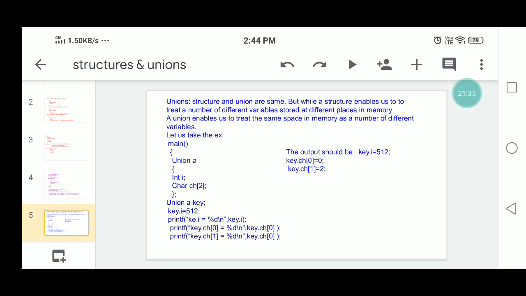Mostly we use structures, sometimes we use unions. So that you don't waste space in memory, we use union. But generally we use structures. Structure allocates separate memory locations for its data members, but union allocates common storage space for its data members. So this is the major difference between structure and union. Depending on these things, we have to use either structure or union to develop the C program.